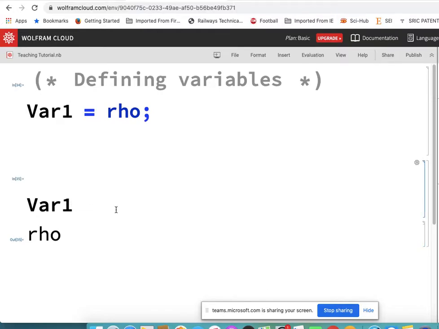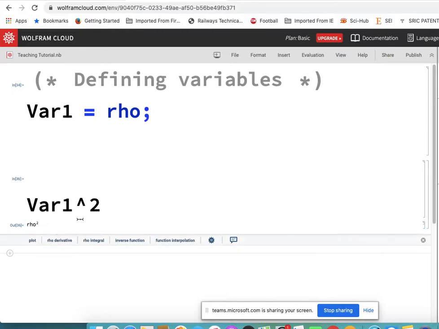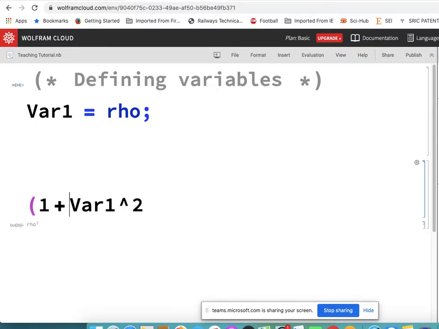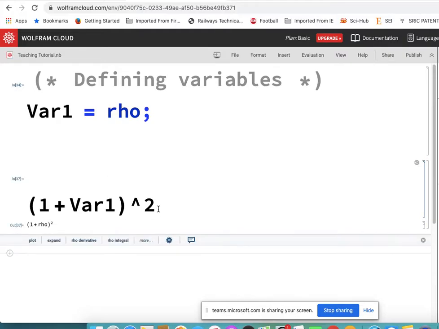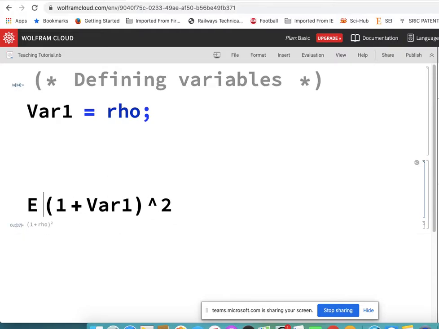Now, once you have defined a scalar variable, you can do lots of different operations on it. So, for example, you can do a square. In order to do a square, just press this particular power button and then say 2, and if you say enter, you will get rho square. Now, this might look trivial, so let us say I want to do 1 plus variable 1 whole square. Okay, so then it will give me 1 plus rho whole square. If I say expand,